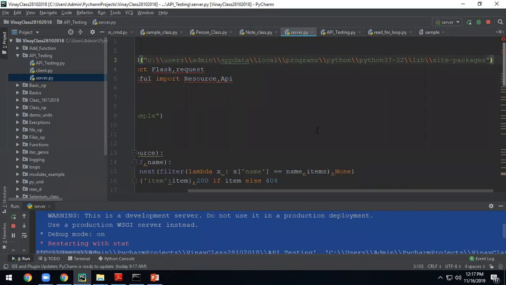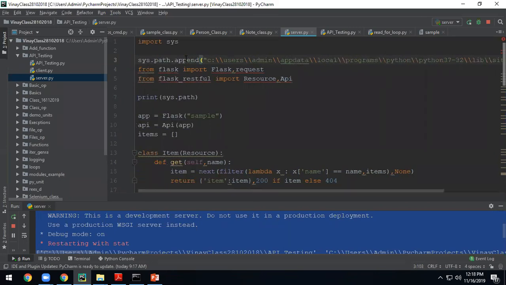The package and all is common, no need to make any changes here. Only line number 3 is optional. If it is working for you, you don't have to add this. You can remove it or comment it and run that code.